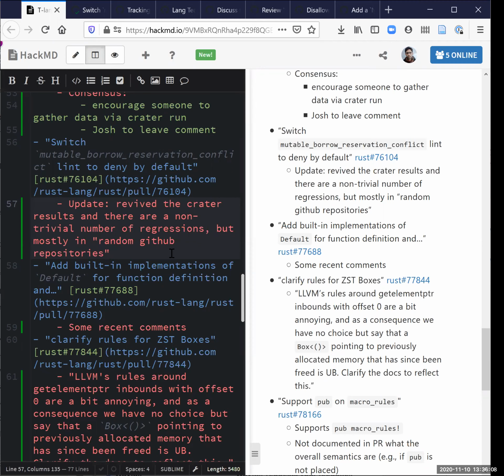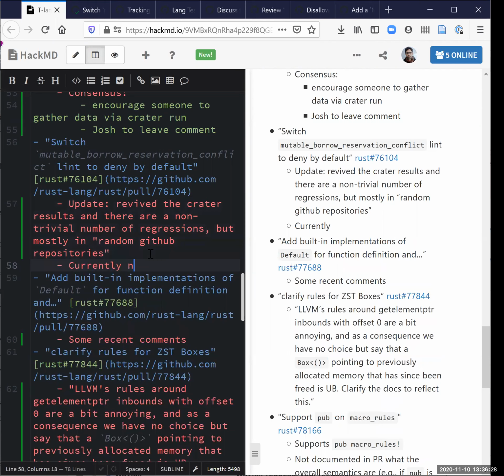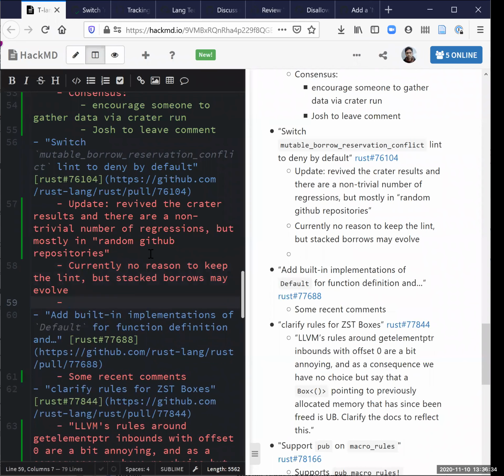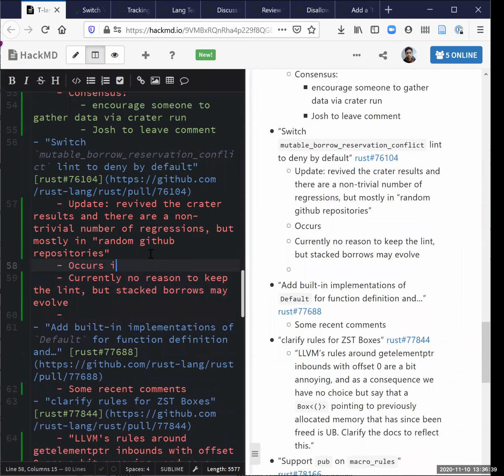There's also one other interesting observation. It's not just that it's random GitHub repositories. A couple of people observed that it was in a lot of repositories of people trying to do solutions of exercises, like learning Rust for the first time and solving a fixed set of problems, which suggests that there may be some interesting pattern that people are inclined to follow that leads them to write this code.